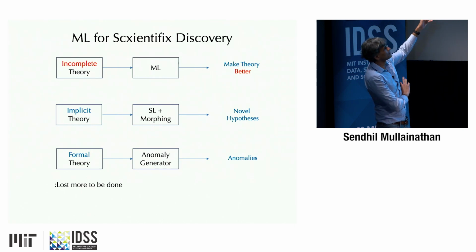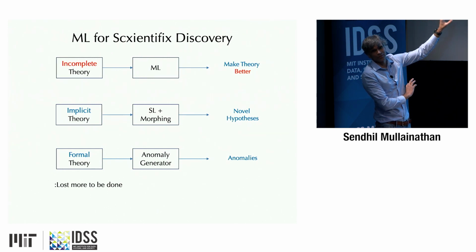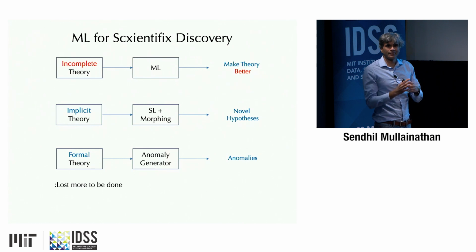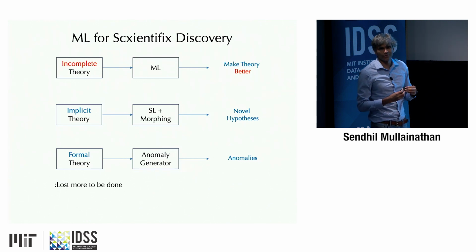So there are two ways in this branch of ML for science that I hope you've seen. One is implicit theories, for which what we're trying to do is generate hypotheses. Those will be qualitative in nature. The other is formal explicit theories, where we're actually able, without even humans in the loop, to automatically generate small instances that you can look at and say, oh my God, that must be where my theory is. Or at least you can test to see if that's where your theory is going wrong.